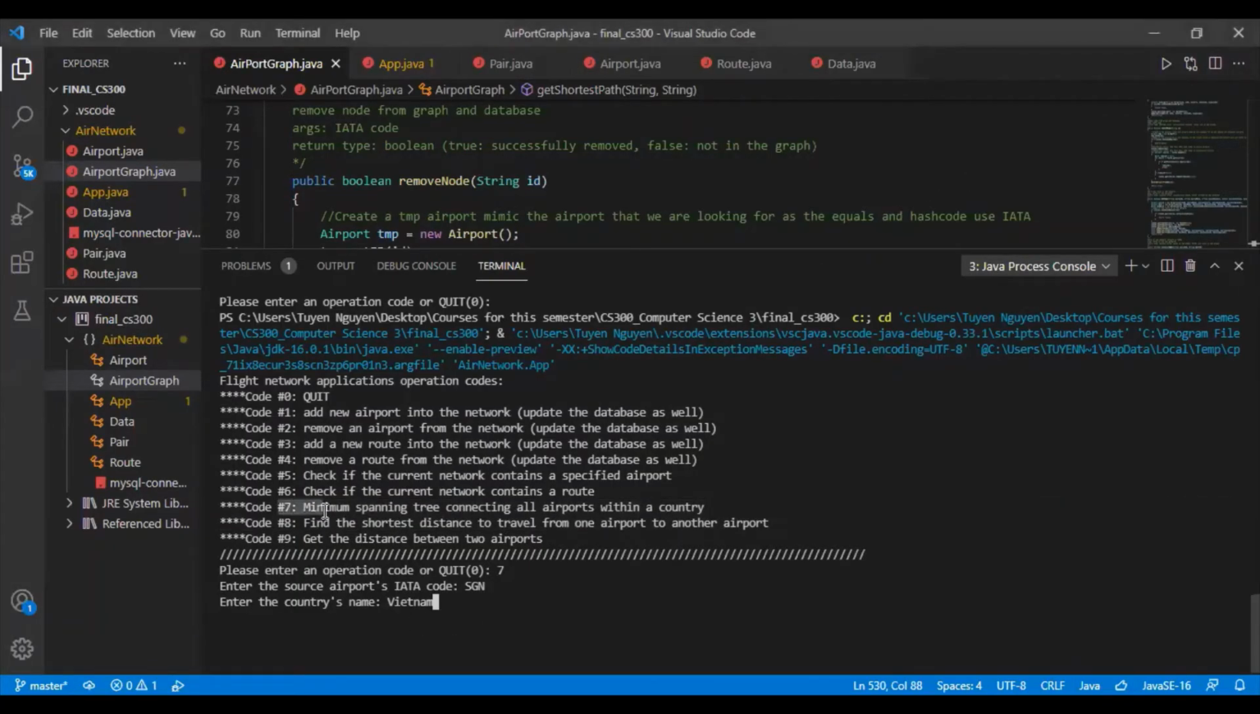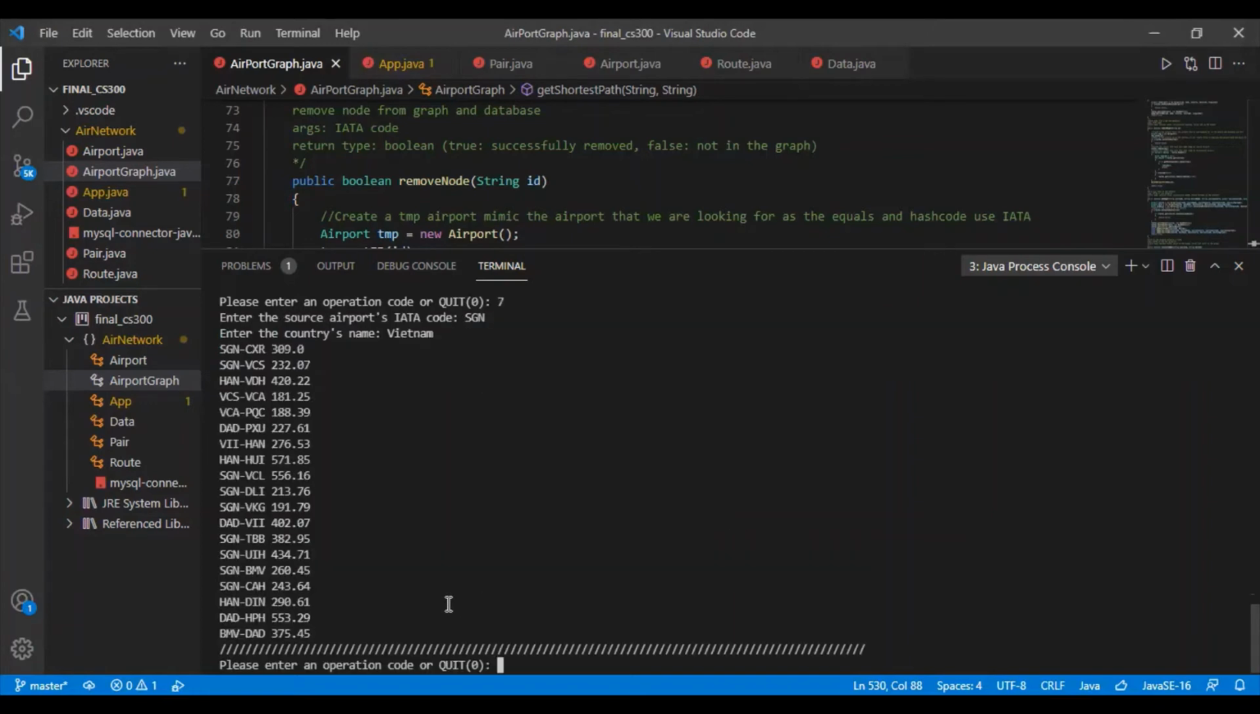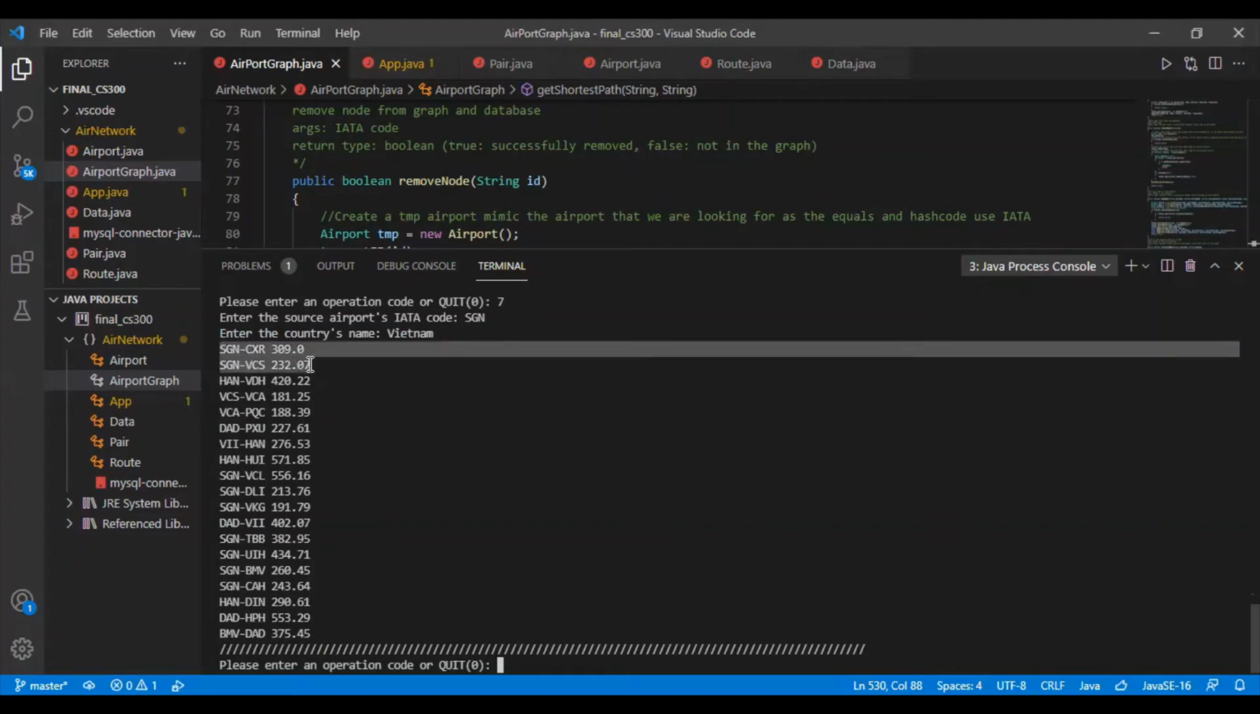The seventh code is to view a minimum spanning tree connecting all airports within a country. For example, I want to view a spanning tree of airports within my country, Vietnam, and the origin to span is SGN, which is Tan Son Nhat International Airport. I'm going to click enter, and it shows me all the edges within the spanning tree, and